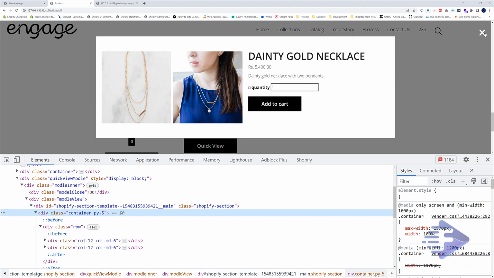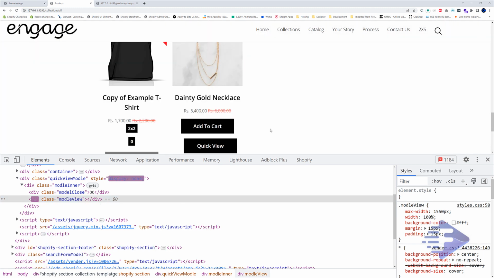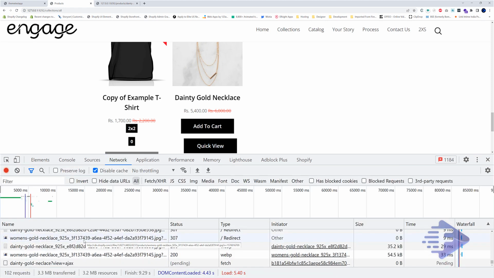If I close this one over here, our model view is empty, you can see. If I click on this one, it will come back very quickly once our network fetch request is done. It's still saying pending.